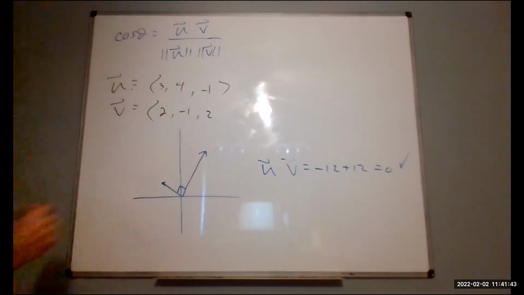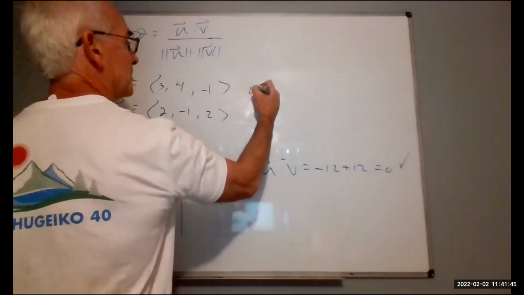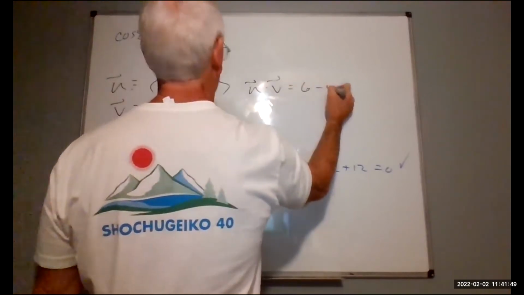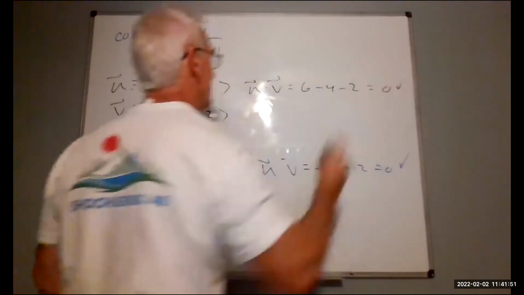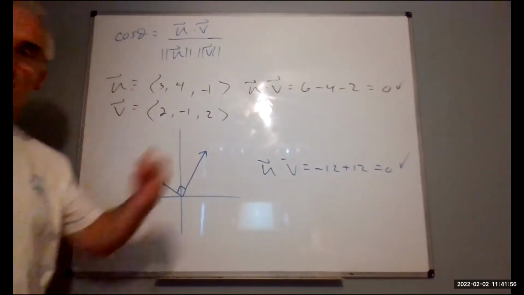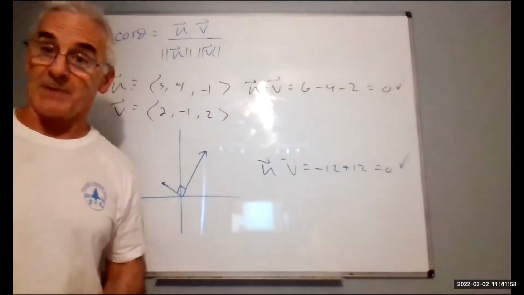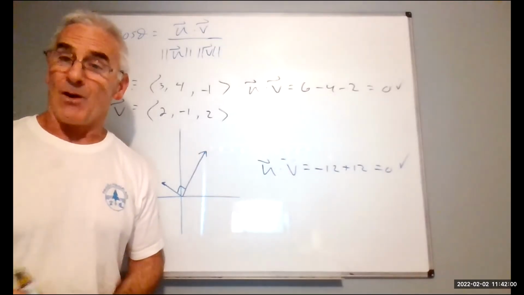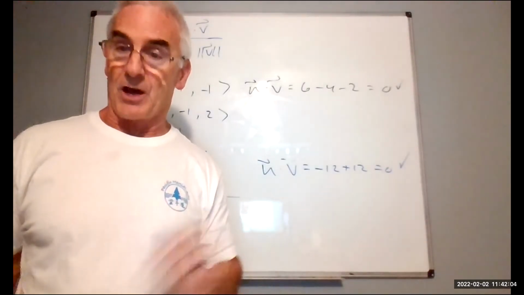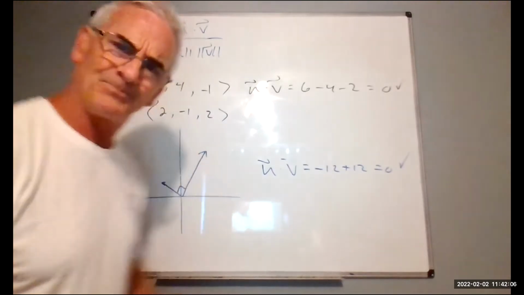There we go. This will work. Okay, in this case, my u dot v is -3 + 4 - 2... or rather, 6 - 4 - 2, or 0. But I can't picture or draw either one of these because they're in 3D, yet the angle between them would automatically be 90 degrees. Now, if we say vectors are orthogonal if and only if the dot product is 0,